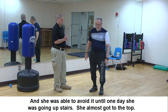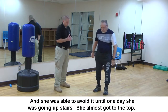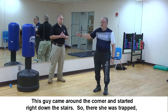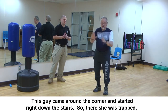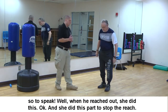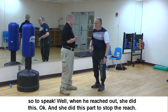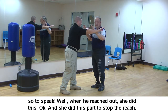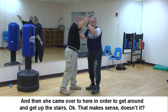And she was able to avoid it until one day she was going upstairs. She almost got to the top. This guy came around the corner and he started right down the stairs. Okay? So there she was trapped, so to speak. Well, when he reached out, she did this, okay, and she did this part to stop the reach, okay, and then